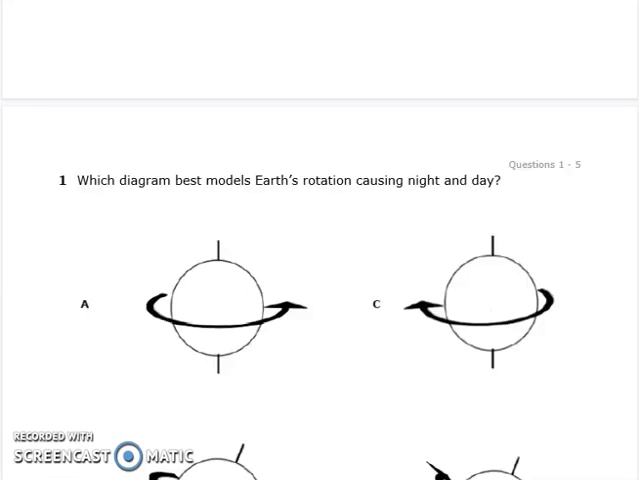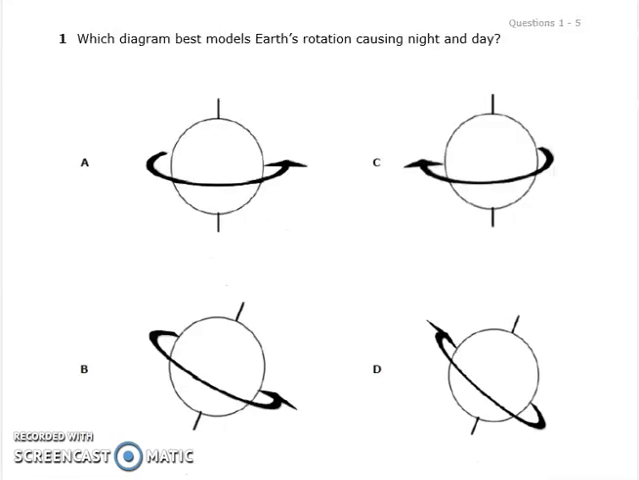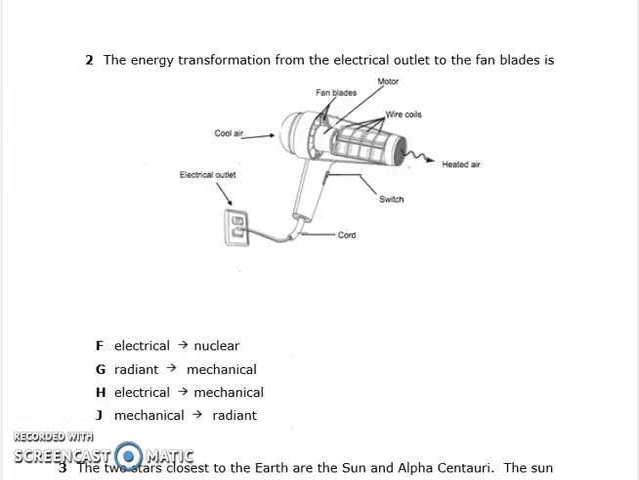Alright, science benchmark. Number 1. Which diagram best models Earth's rotation causing night and day? A, B, C, or D? Number 2. The energy transformation from the electrical outlet to the fan blade is F, electrical to nuclear, G, radiant